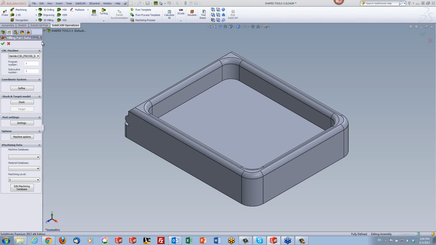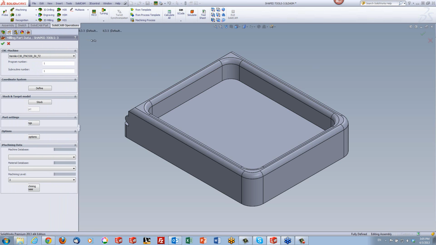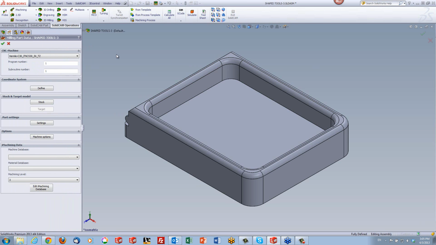Now let me make this window a little wider. There we go. Now, of course, we have our machine controller that we want to use. In this particular case, I'll be using a Hermle machine. And we have our coordinate systems and our stock. Now, I like to make one point. I've seen customers in the past,